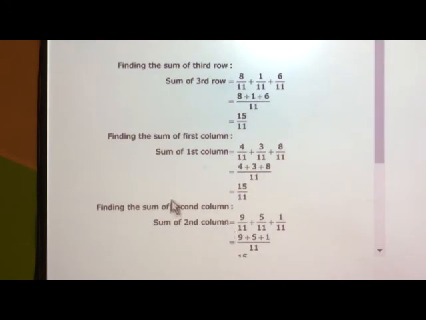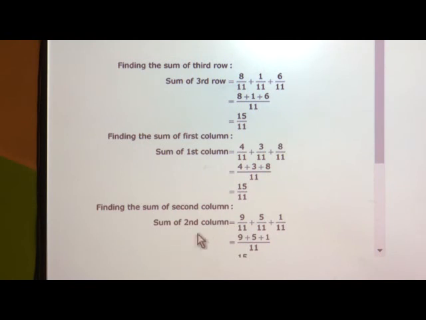Next we will go with the sum of the columns. Columns means what? We did the rows, now we will do the columns, which are in a vertical way. Here we have 4 upon 11 plus 3 upon 11 plus 8 upon 11. Here all the denominators are 11, so we can add all the numerators directly. So it will again be 15 upon 11. Yes, my dear students, it is very easy, you can understand it directly. You can do the addition and subtraction here because we have the same denominator.